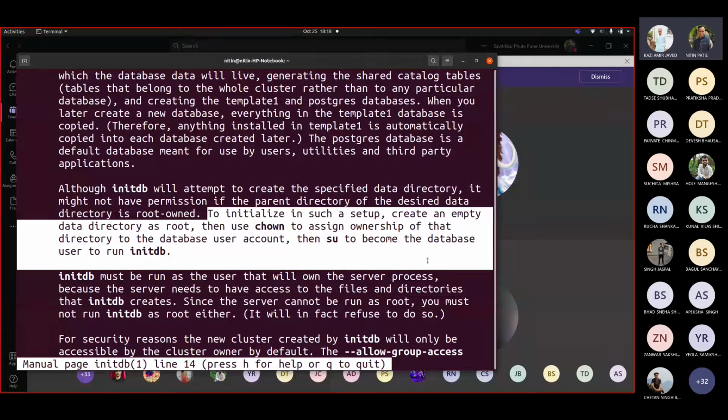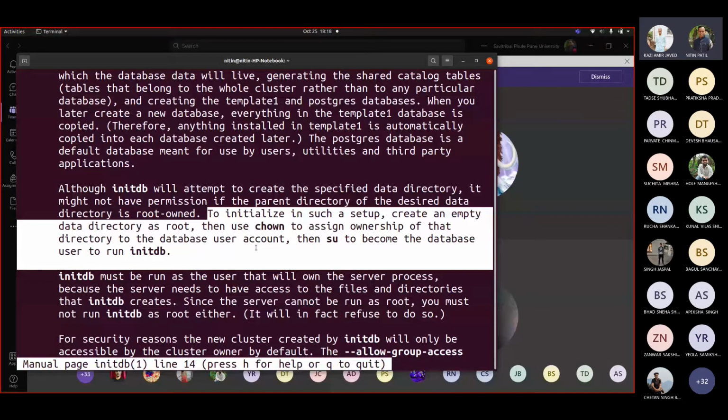So remember this statement. It says, to initialize in such a setup, create an empty data directory as root, first of all, then use change owner to assign ownership of that directory to the database user account. And what is your database user account? It is, say, for example, Nitin. Now you have to assign that through your change owner procedure.